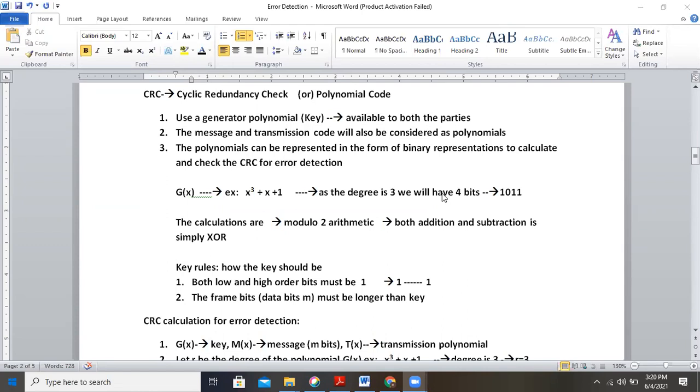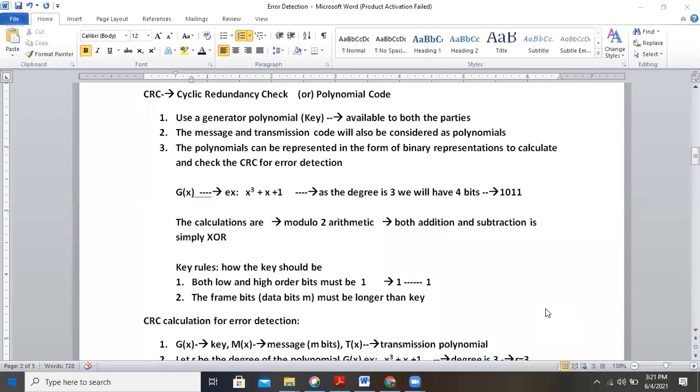But what are the disadvantages of parity check? Anybody? What is the problem of parity check? Only single bit error detection. Yes, we can detect only a single bit error, and one more thing: if the parity bit itself is modified, we cannot identify whether it is correct data or incorrect data. So we cannot detect it. That is also a problem of parity check.